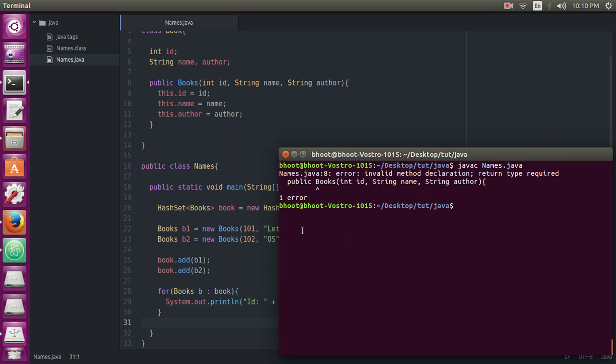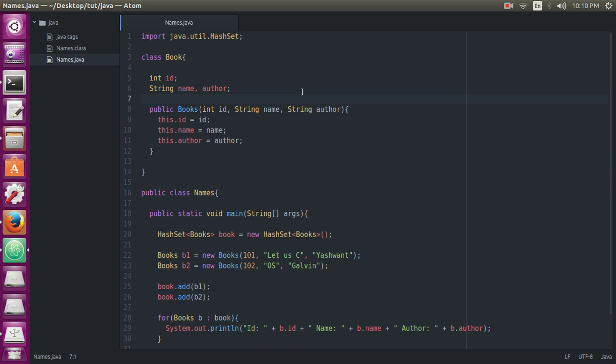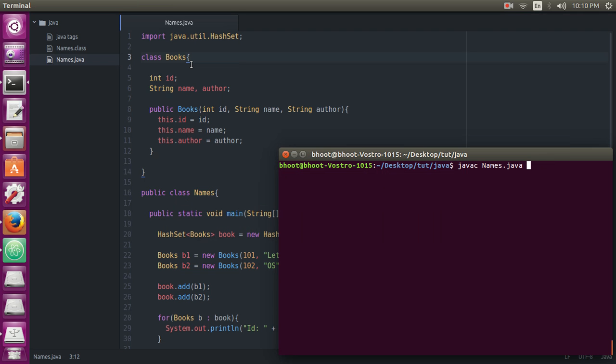So we have an error, invalid method declaration. Okay, everywhere I'm using Books, and here I've written Book. So these are not compatible with each other.